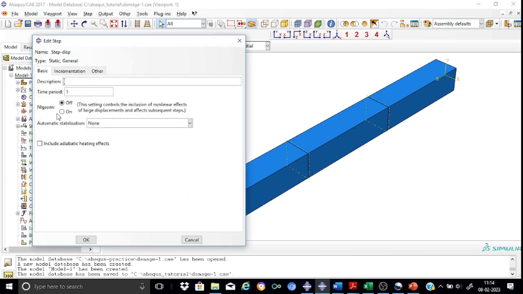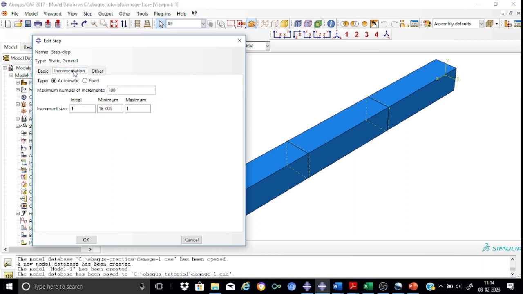Please remember there is a highly nonlinear problem from the geometry aspect. So keep the NLGEOM on, to ensure there is good convergence. Let us apply some kind of dissipated energy fraction through the damping, and then the time period will be selected as 1. And coming to the incrementation,